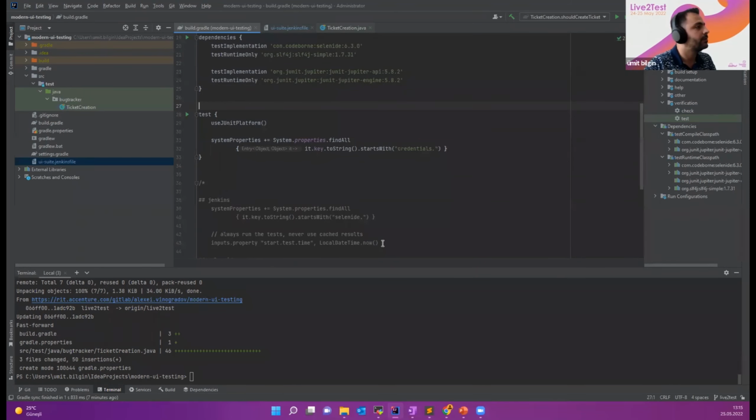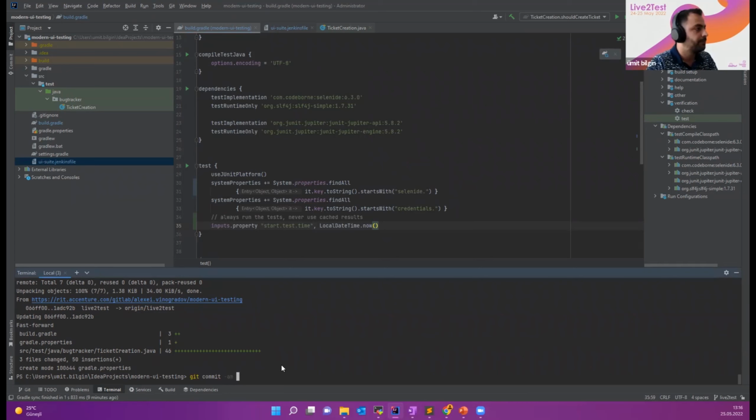So we want our test to run every time the execution command is sent. Let me check here if everything is fine. It seems fine. Let's commit changes and push to the remote repository.